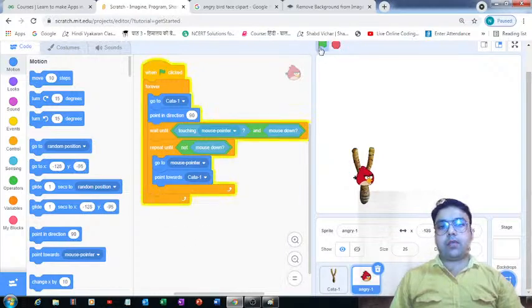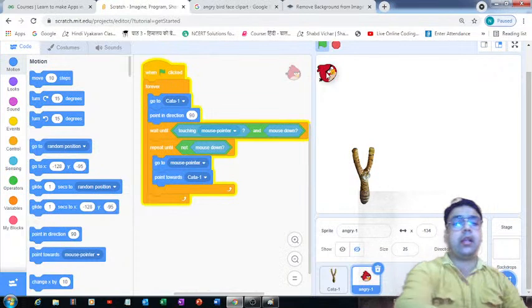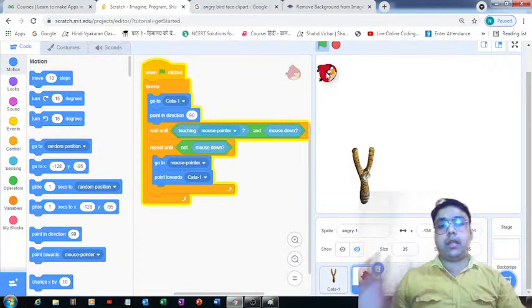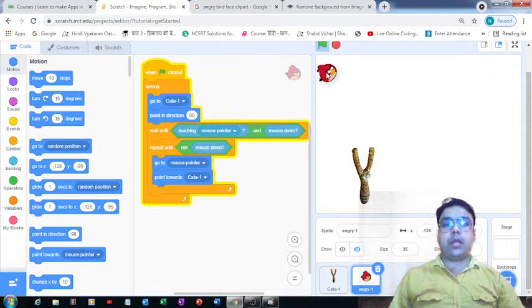Now when you run this game, that's what you are going to see. If I drag it over here, and as soon as I release my left click, what will happen? Just check it out. It moved back and it came here to the catapult, right? See how beautiful it is looking. It's working perfectly fine. So this code over here is working perfectly fine.